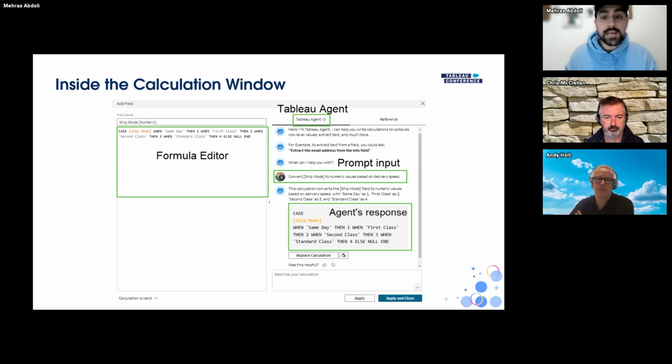It gives you a few examples of what it can do. For example, the prompt could be: extract the email address from the info field. So basically, you go prompt, it thinks a little bit, gives you the response, tells you the process,